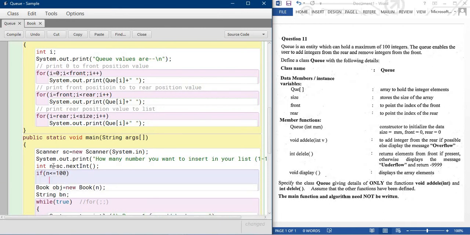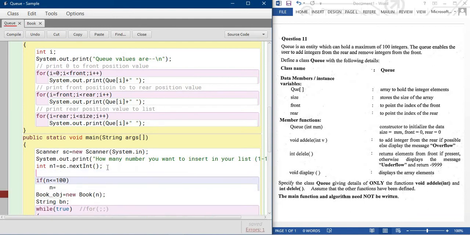So here I am doing one thing, n is equal to; I am not using any other variables, I am using the same. You can use n1 and use one more thing over here, just int n, and n is equal to n1.